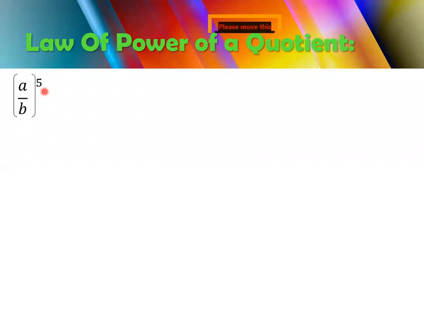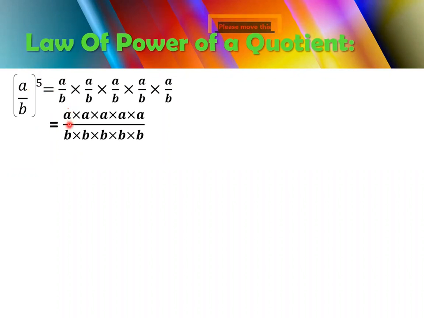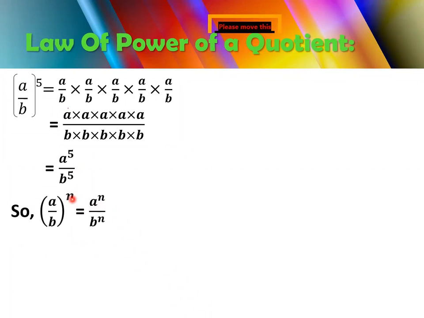So what does it mean? It means that you are going to multiply the numerator a 5 times as well as the denominator b 5 times, because the quotient has the whole power 5. So you multiply a 5 times and b 5 times. After multiplying, since the bases are the same, you can convert it into exponential form. So the answer will be a raised to the power 5 upon b raised to the power 5. So what you have learned here is that if you have any real number